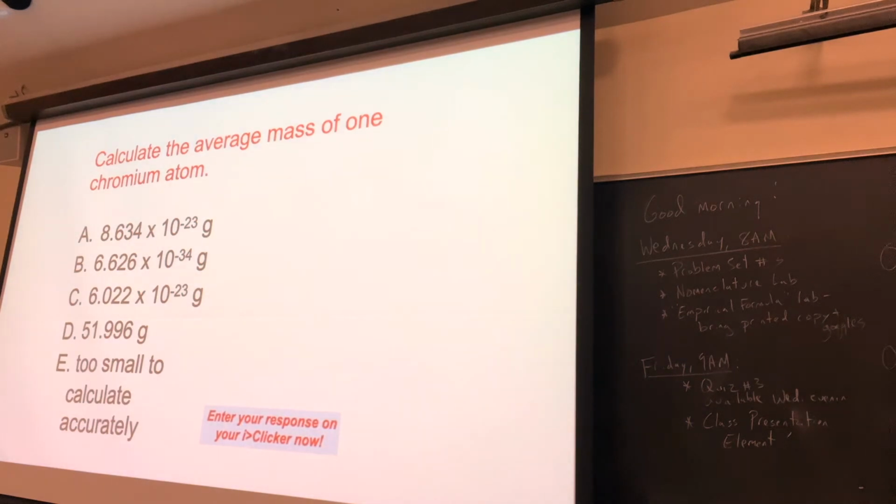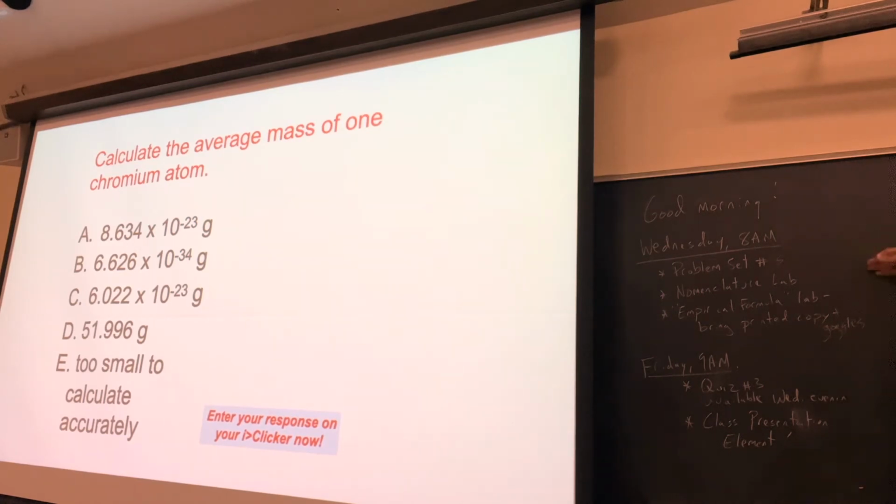Now, this is a question that sometimes is kind of interesting to think about, all right? And this question says, calculate the average mass of one chromium atom, all right? Well, first of all, what's the symbol for chromium on the periodic table? Cr. Cr, well done. Cr is number 24, and notice there that number,